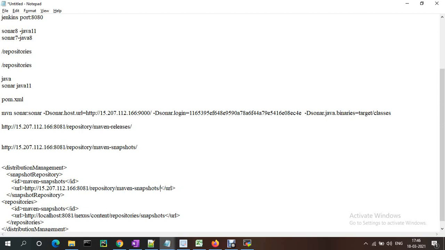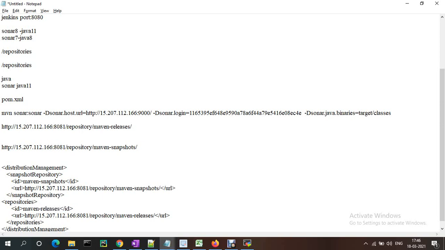This is maven snapshots and maven releases. So here also maven releases, I am just updating.